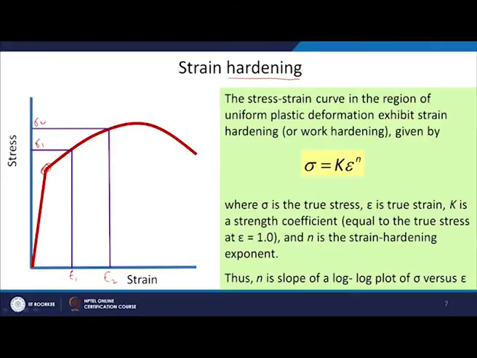So, the stress strain curve in the region of uniform plastic deformation exhibits strain hardening or work hardening. Either you can call it strain hardening or you can call it work hardening. Why do we call it work hardening? Because people used to see that their material is getting hardened if you are working on it. Suppose you do any work on the material, suppose you are just hammering,